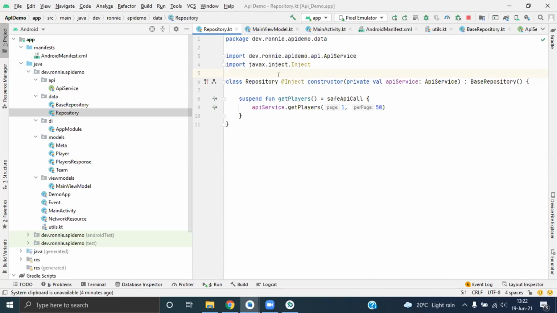So you just choose your battle and deal with it. For me right now, whatever I do, I've never used Koin before. I just use Hilt and Dagger 2, and I can't say that Koin is bad or something like that. Yeah, choose your battle. And another thing is that just make sure you don't make a network call in your fragment